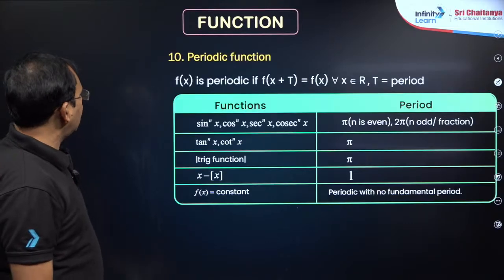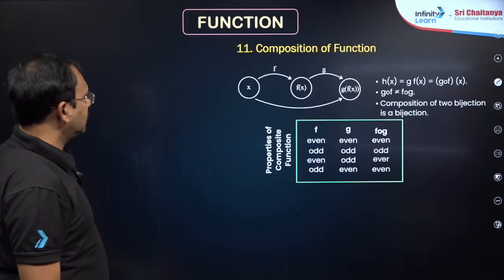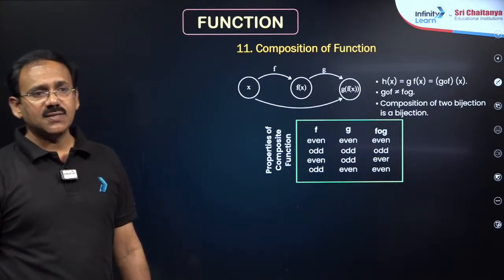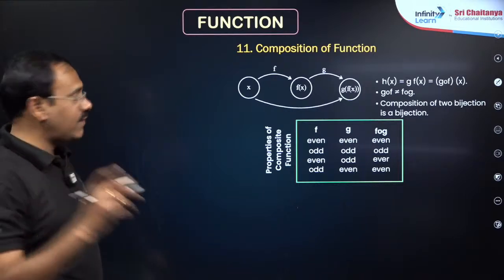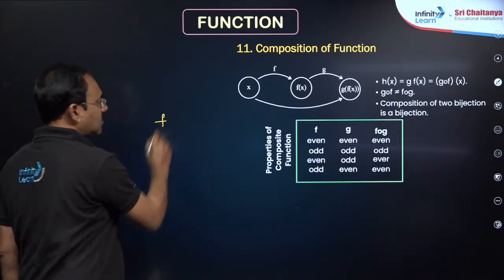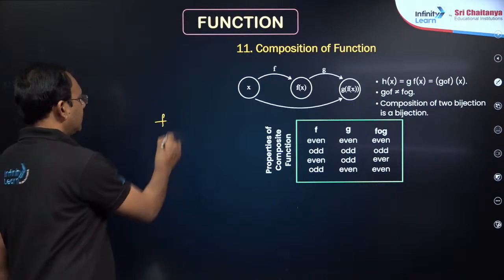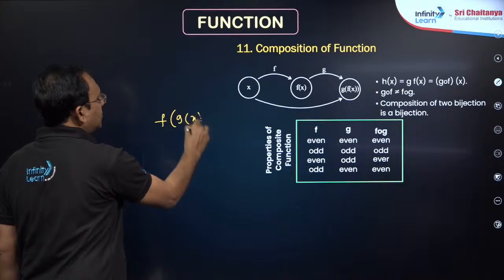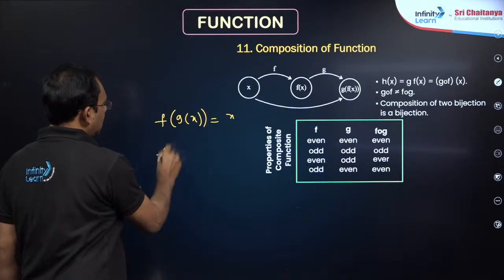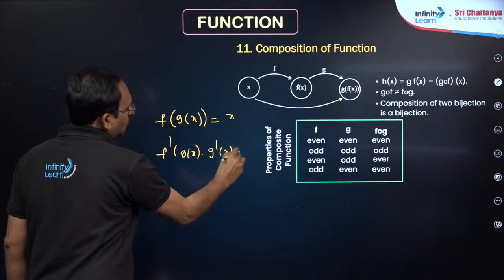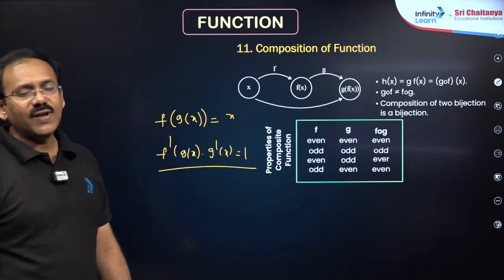Next, periodic function, composite function, you know how to write f circle g, that simplification is important. In composite function, derivative is important, inverse of this. If g is inverse of f, find the derivative of something he will give. Just consider f of g of x is equal to x, take the derivative: f dash of g of x into g dash x is equal to 1. From this you will get the answer.